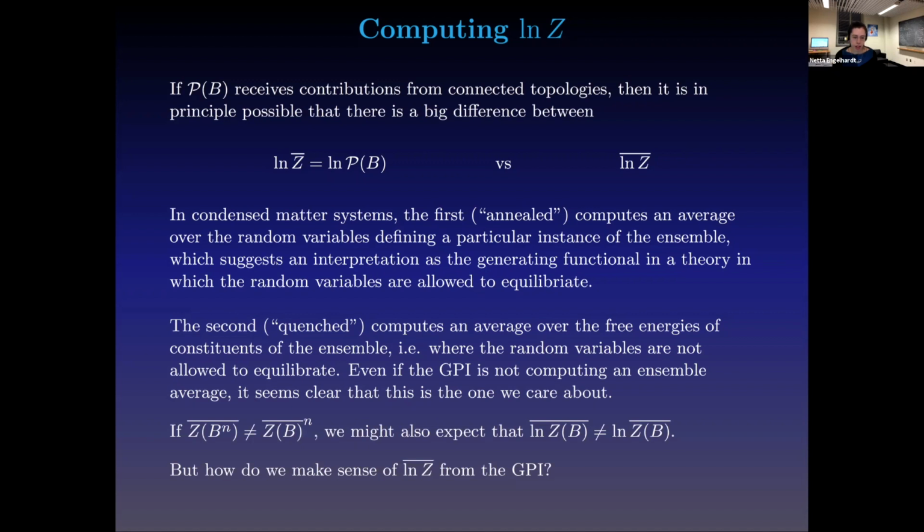Now, if it is true that the gravitational path integral computation of Z of B to the n is not the same as the gravitational path integral of Z of B raised to the power n, which of course would be the case whenever we have replica wormholes, then we might also expect that these two quantities, the quenched and annealed free energies, are also not equal. And so it becomes important for us to be able to compute both from the gravitational path integral and understand